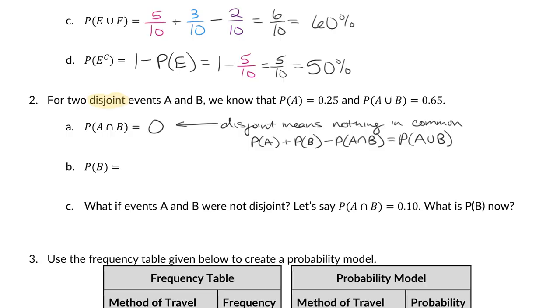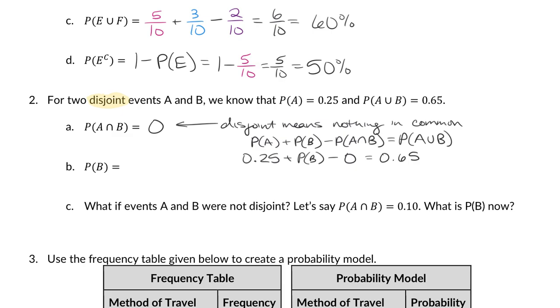That's straight up the formula from the back page. It's on your formula chart. This is what you guys figured out when you're like, can't double count the overlap. That's the formula right here. Let's fill in what we know. Do we know the probability of A? What is it? 0.25. Do we know the probability of B? No, that's what we're trying to find out. Do we know the probability of A and B? We do, because they're disjoint. Do they have anything in common? No, they have nothing in common. Do we know the probability of A or B? 0.65.